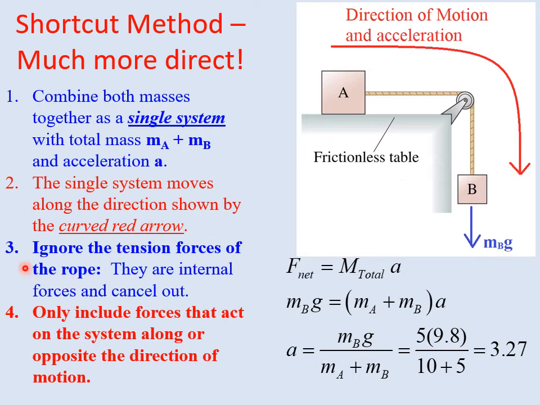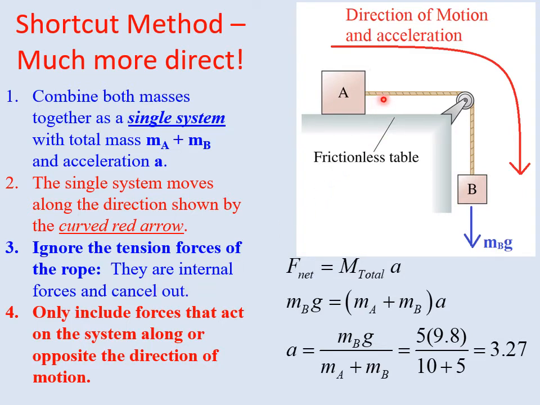Now, here's one of the reasons this saves us so much time and headache. We can ignore the tension forces of the rope. In other words, this tension force here and this tension force here magically can be ignored. Now, that seems like it's in violation of some law of physics, right? Because we know this rope is pulling on A, so how can we ignore it? Well, the reason is these tension forces are internal to the system and they cancel out,